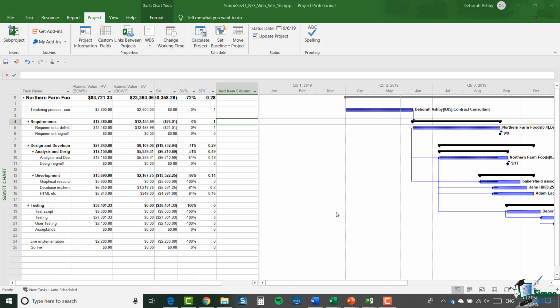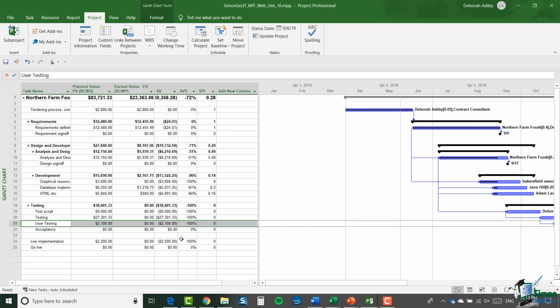So let's take the Farm Foods website 16 as an example. Earlier on in the course we added a task here, so task 21, user testing. And because it wasn't in the baseline that we saved earlier on, if we now run earned value analysis and the figures for user testing will be included, we will get a slightly misleading set of results in relation to user testing. Now you may well accept those discrepancies like this one on the grounds that they are relatively small,